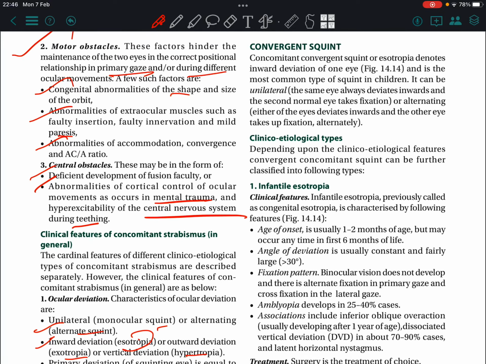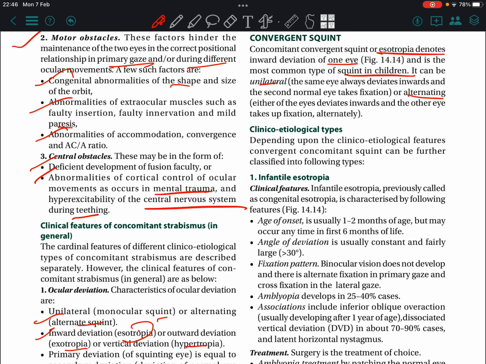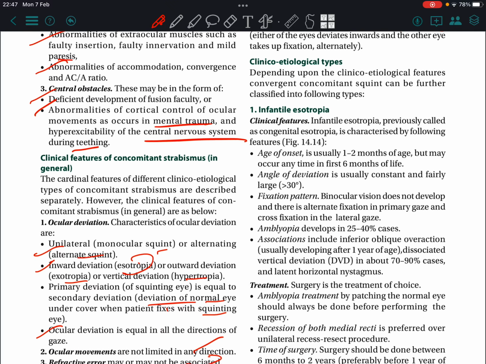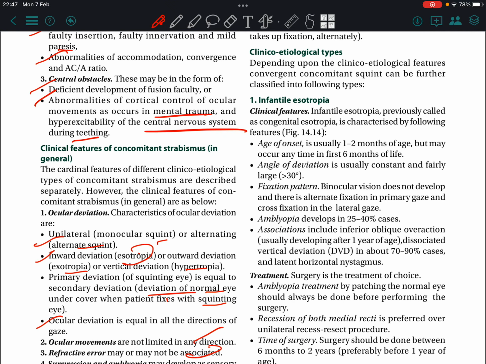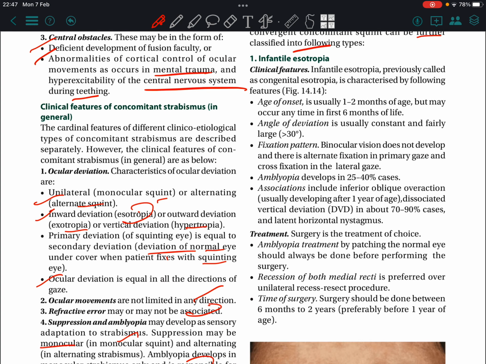Convergence squint. Concomitant convergence squint or esotropia denotes inward deviation of one eye and is the most common type of squint in children. It can be unilateral or alternating. Either of the eyes deviates inwards. Depending upon the clinical and etiological features, convergent concomitant squint can be further classified into infantile esotropia,